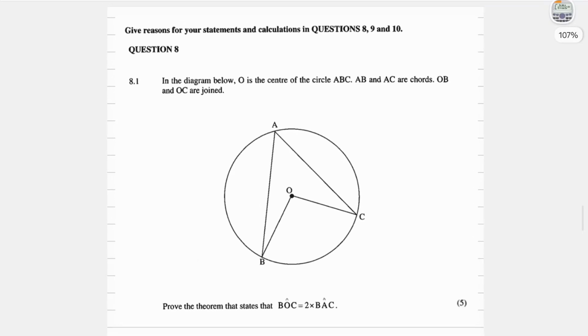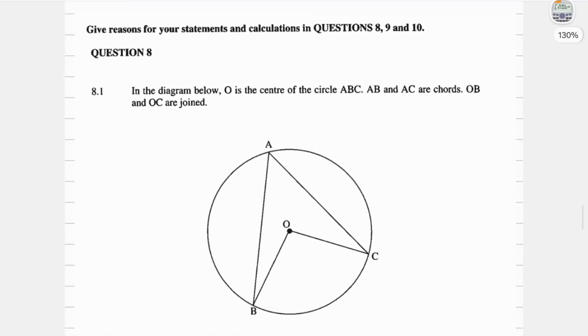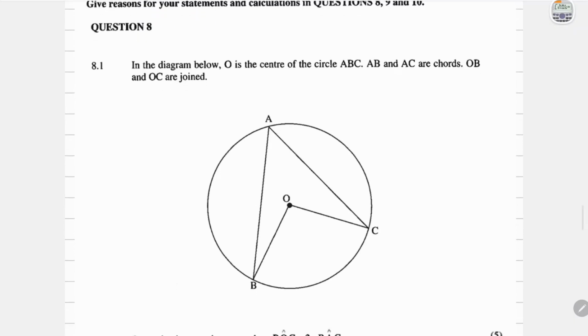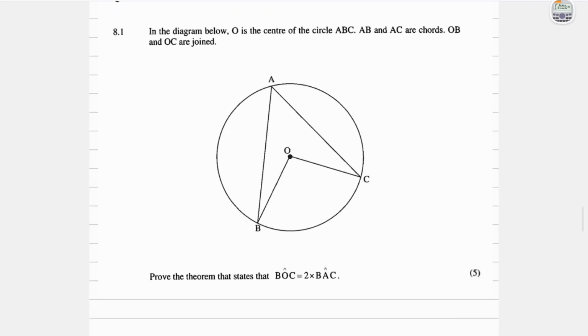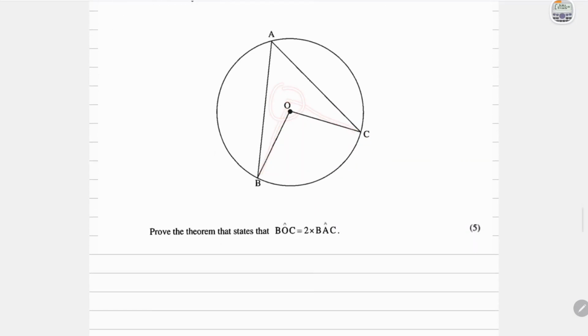Question 8, and just note that in questions 8, 9, and 10, we need to give reasons for our statements and calculations. So question 8.1 says, in the diagram, O is the center of the circle ABC. And then they tell us that AB and AC are chords. OB and OC are joined, and we need to prove the theorem which states that angle BOC is twice the